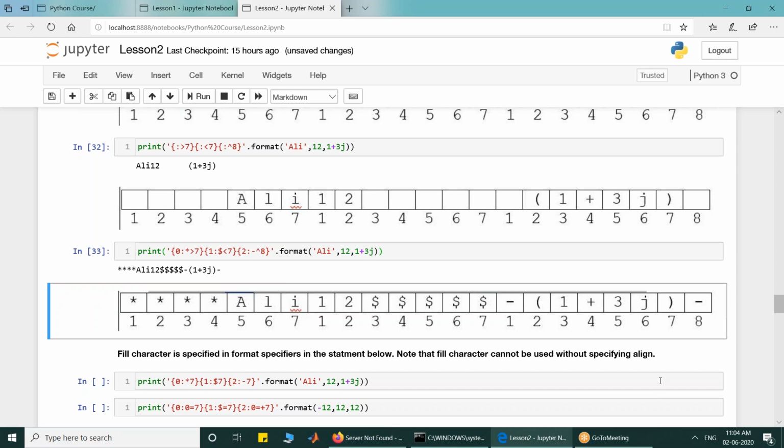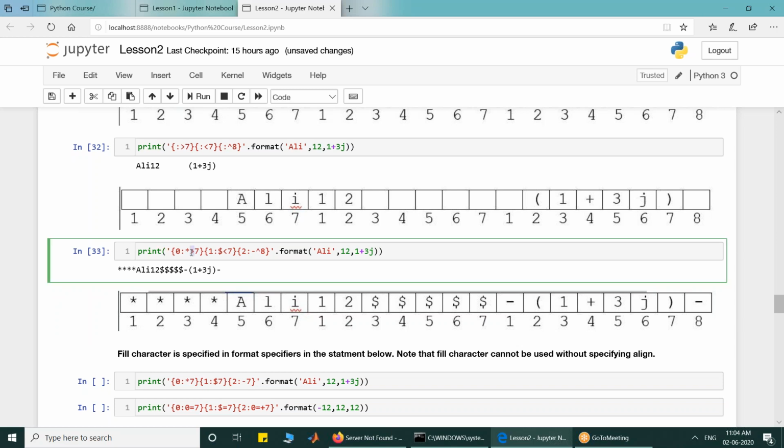There is a question by Sudhanshu: but sir, Ali to left or 12 right? Remember, strings by default are left aligned, but I have said that string Ali is to be right aligned because I have used the greater than sign here. So in the field of 7, Ali is right aligned.